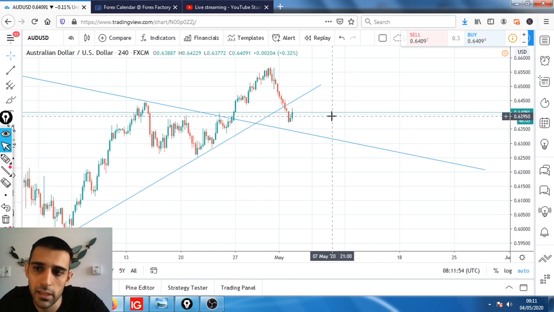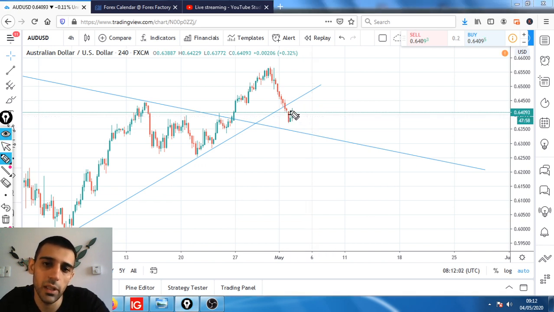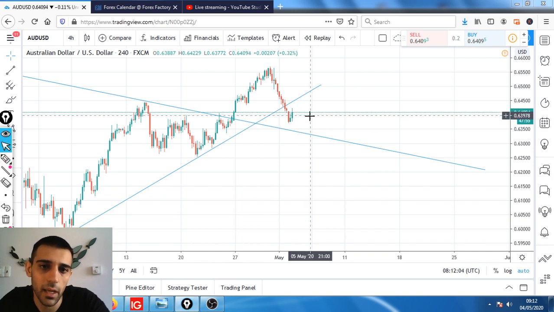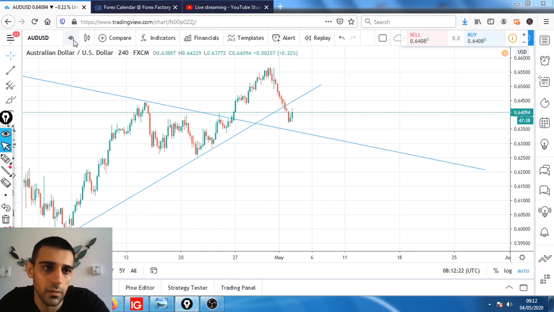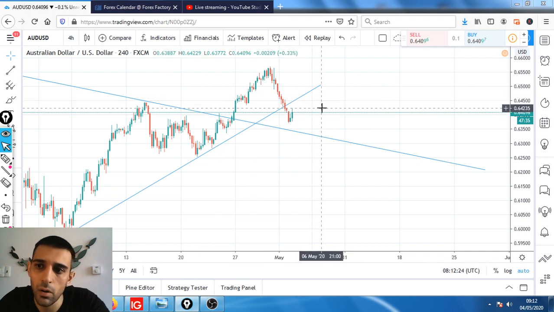No, actually 63.95. If this 4-hourly candle closes at the 63.95 zone, about this level, which will leave a nice tail, then I will be happy to take the trade on the retracement. So if the price does that, the retracement is going to be at this 4-hourly. So if we close it at 63.95 and then a retracement to